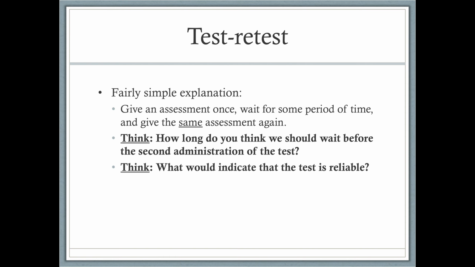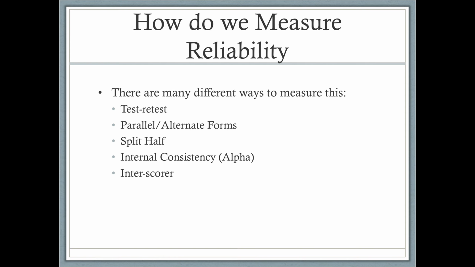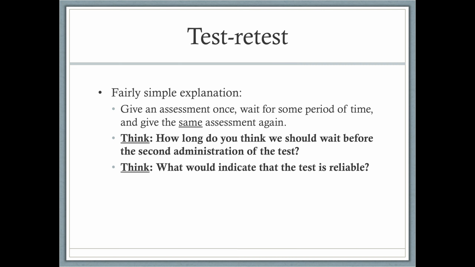So test-retest. These are all methods, in other words, of establishing reliability. The test-retest method is pretty self-explanatory. So let's say that I want to make a confidence scale, and I want to see how confident graduate students are. Let's see how well it works. I give it to you all today, right? Let's just say that this is the first of the month. I give it to you. I wait, and then I give it to you again, right? So think, what would indicate that the test is reliable?